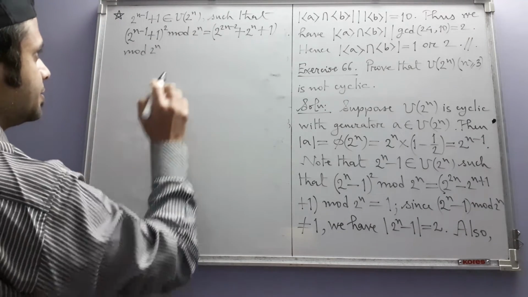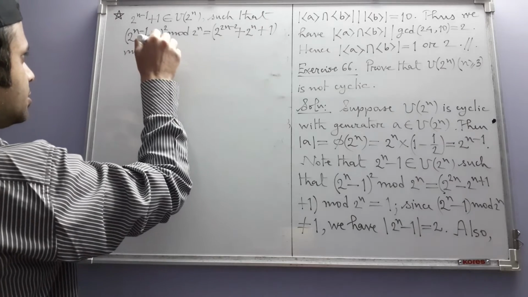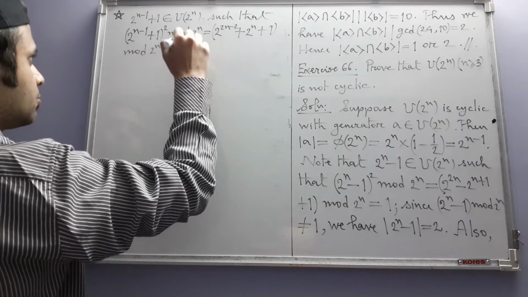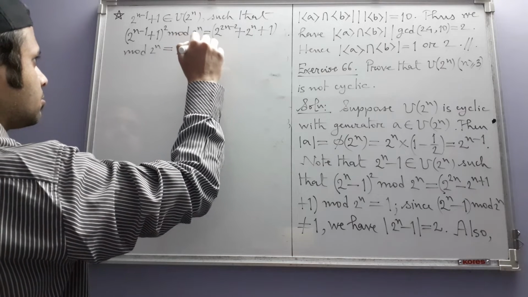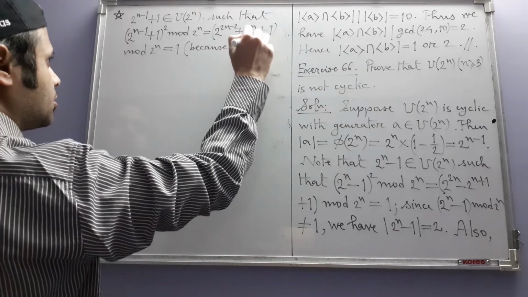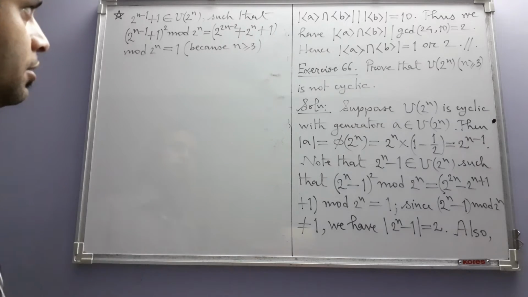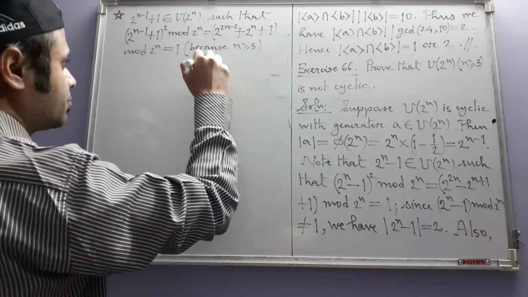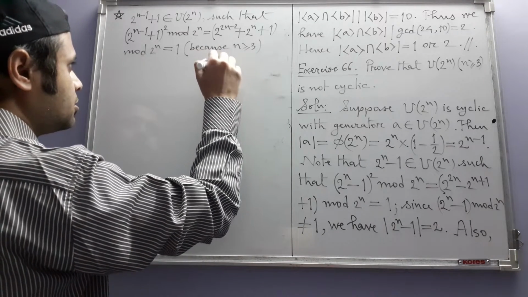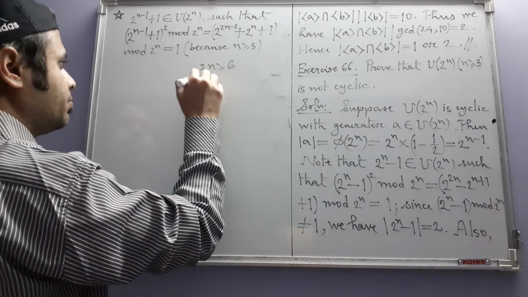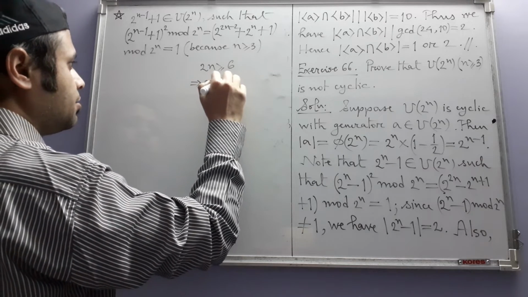Again, this thing is equal to 1 because n is greater than or equal to 3. Note that because n is greater than or equal to 3, 2n is greater than or equal to 6, and that's why 2n minus 2